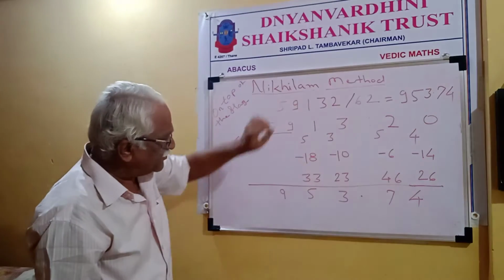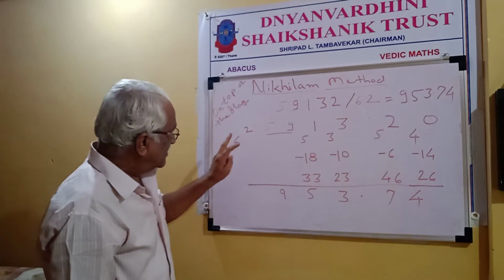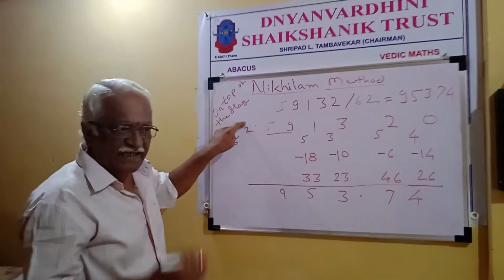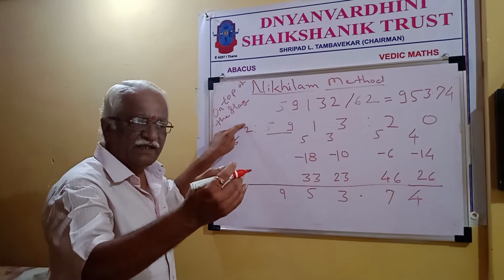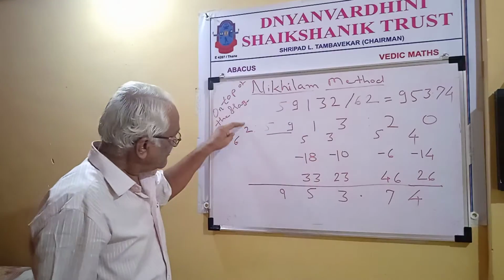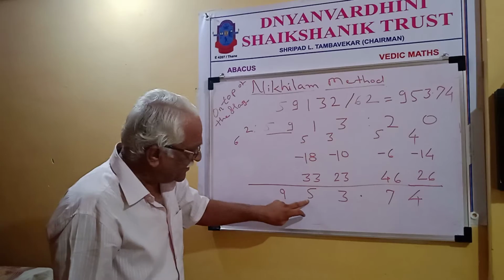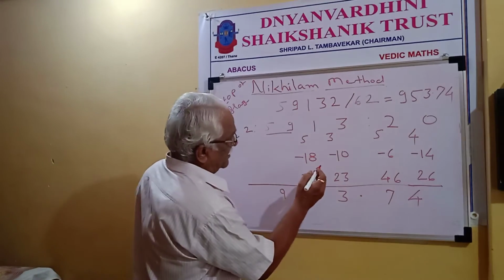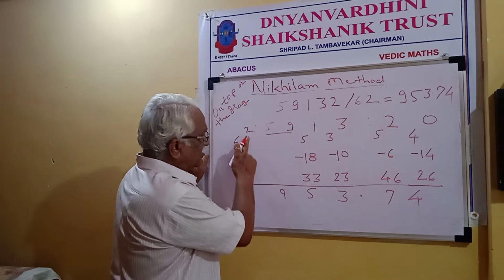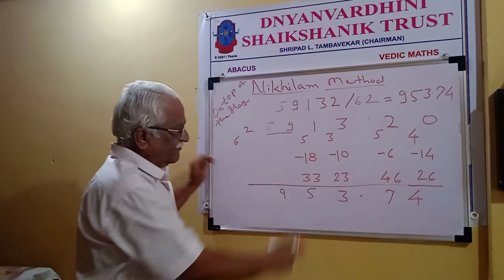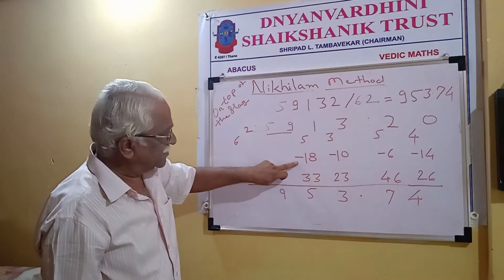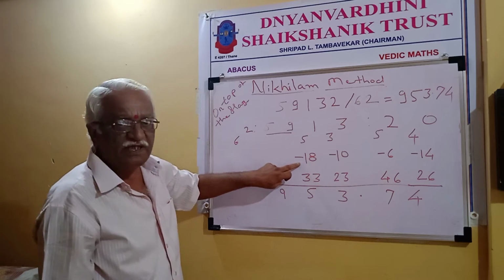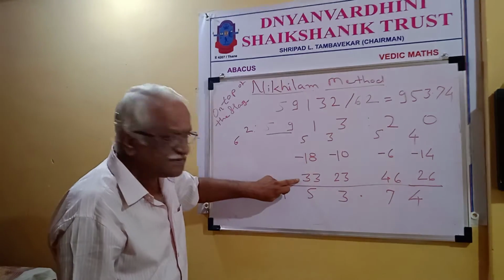Now our next step, we divide by 6. Now we have to multiply by 2. Division, multiplication, this process will continue. Now quotient into multiplier, that is 9 into 2, that is 18. It should be minus. So the gross dividend 51 minus 18, that is quotient into multiplier,